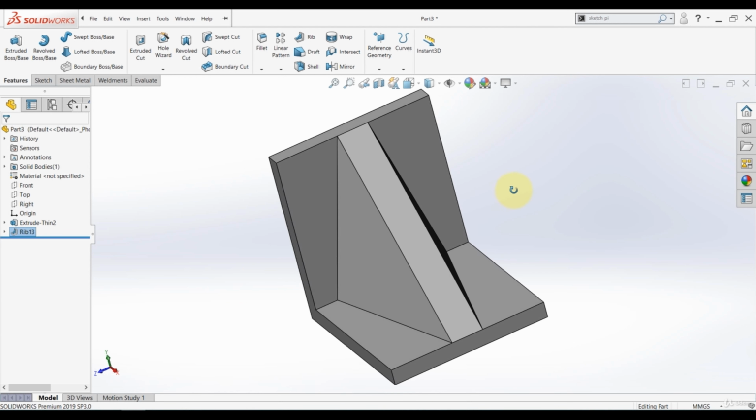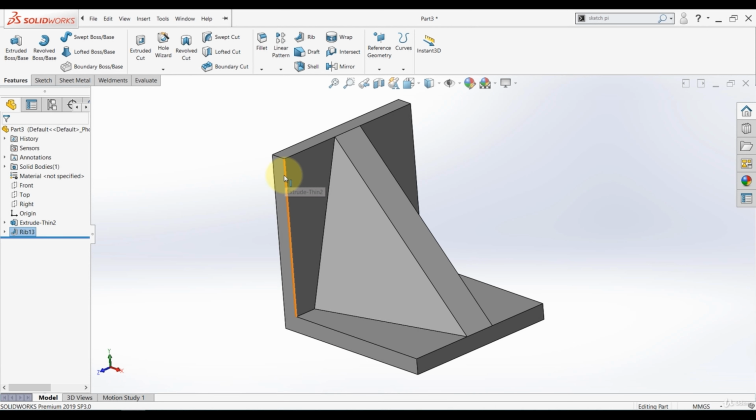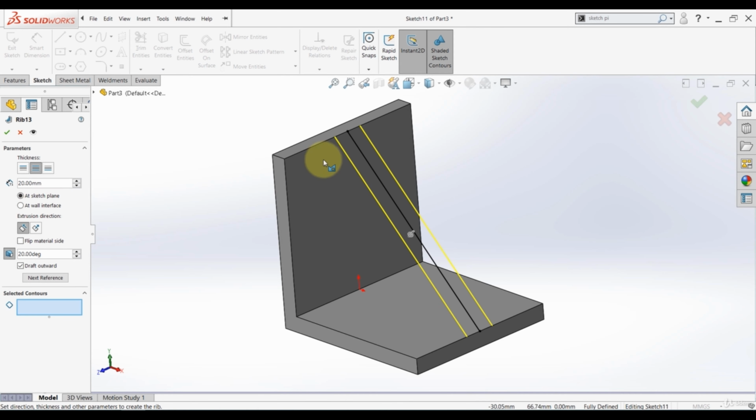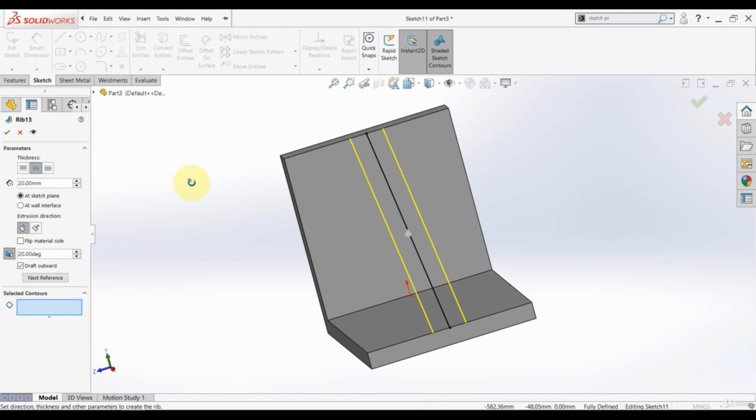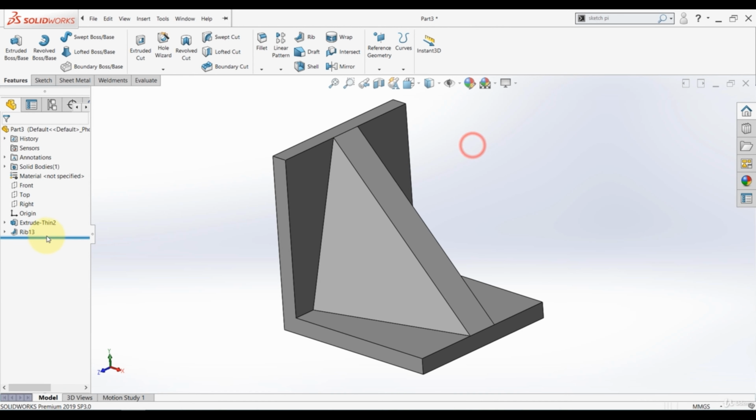Otherwise, I don't recommend you to use rib, because it doesn't give you the flexibility to control the location of your rib. Like, let's say I want to create a rib 20 millimeters from this face. As you can see here, you cannot control it. Whenever you have your sketch, you can go to the left, to the right, or on both sides, and that's it. So instead of this, suppress this feature,